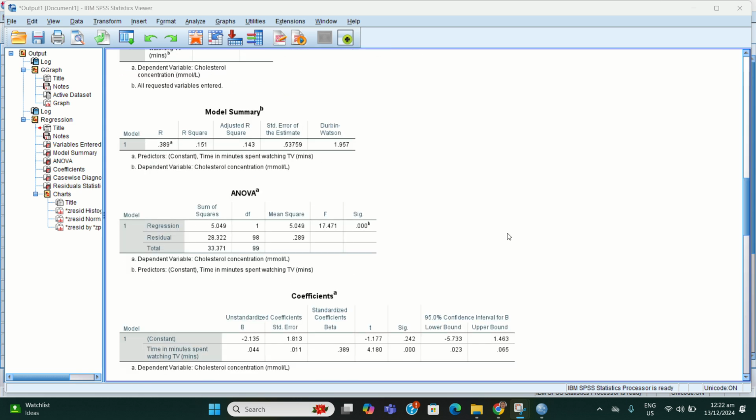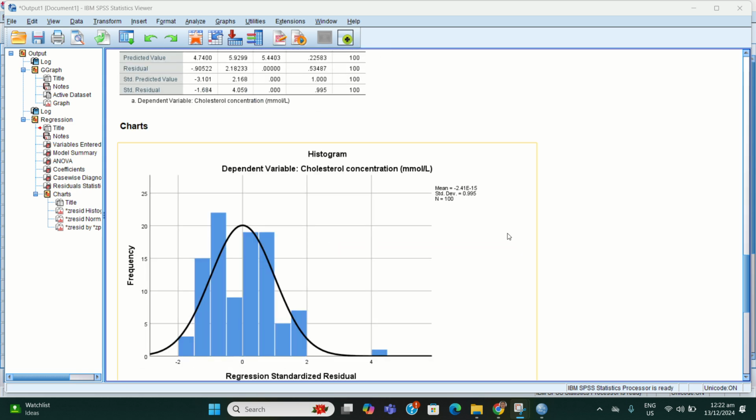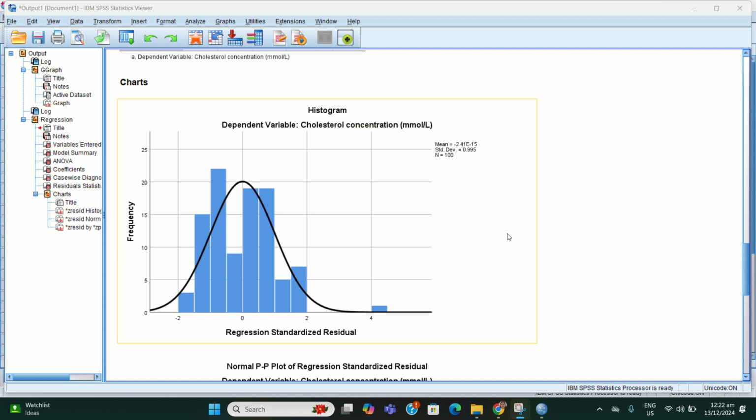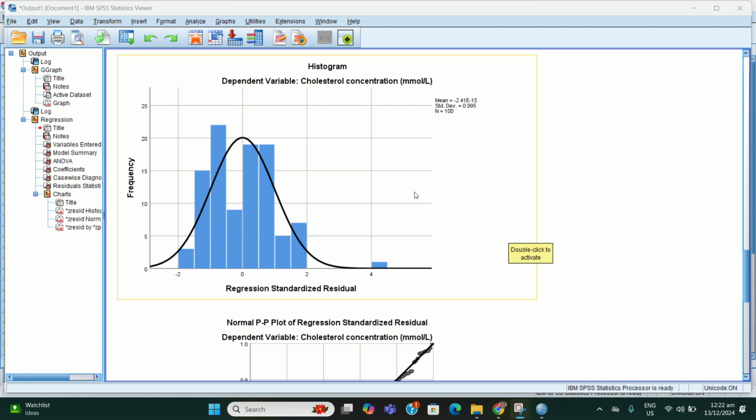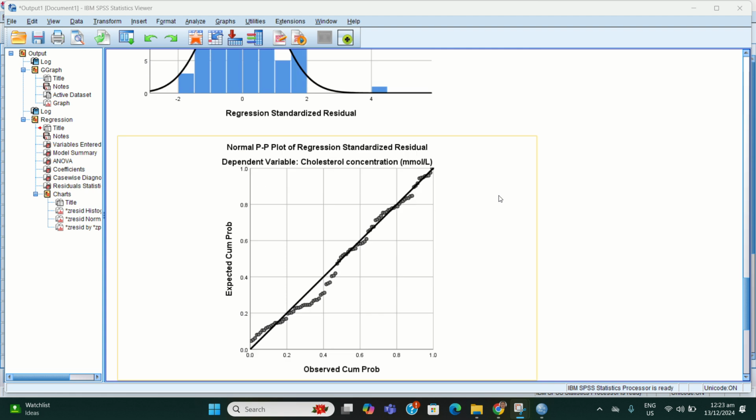Next, we will check the assumption of normality. Here is the histogram. The residuals are normally distributed as assessed by this normal probability plot.